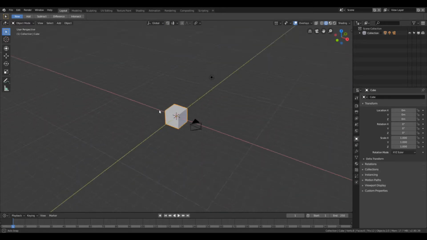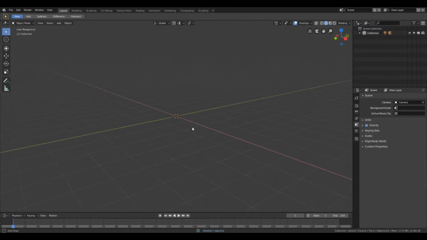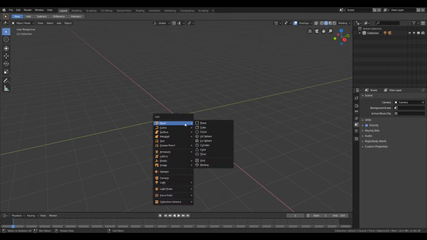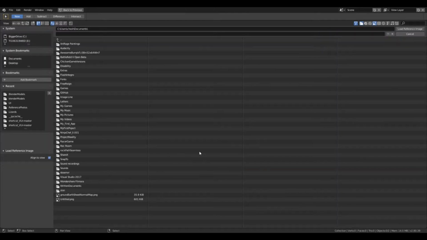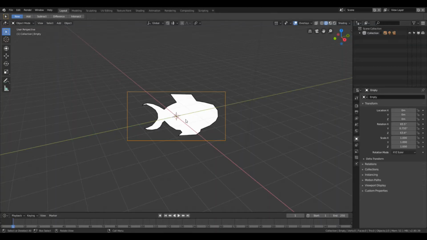layout, I guess you would say, in this workspace. We're going to click X and get rid of this box. Okay. Now you're going to click Shift A and pull up an image, and we're going to use not background but reference image, and here's where you're going to pick up your image from where you saved it. Okay, I got my image right here, fish enemy, and load reference image, and you're going to see it's going